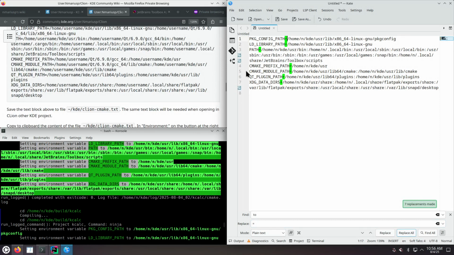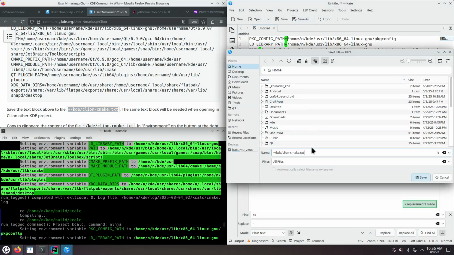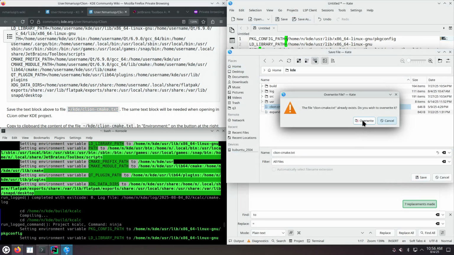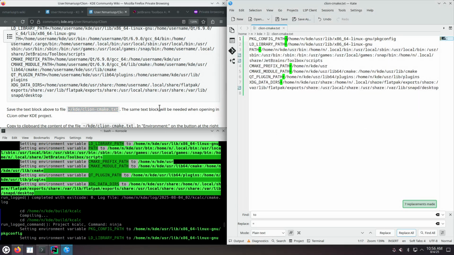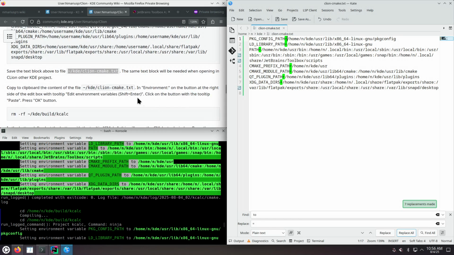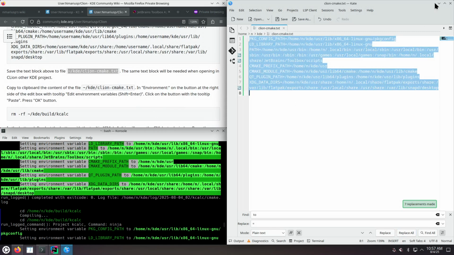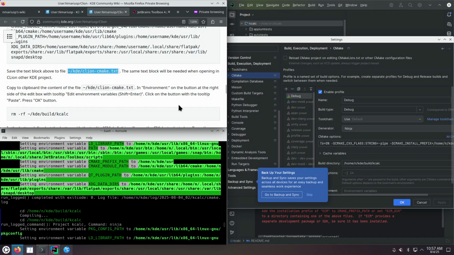Okay, then this content we should save as this name. So we should save as file ~/kd/CLion-cmake.txt. Overwrite in my case. And then we need the content of this file, Ctrl-A, Ctrl-C, and put it in CLion, in Build, Execution, Deployment, CMake settings,